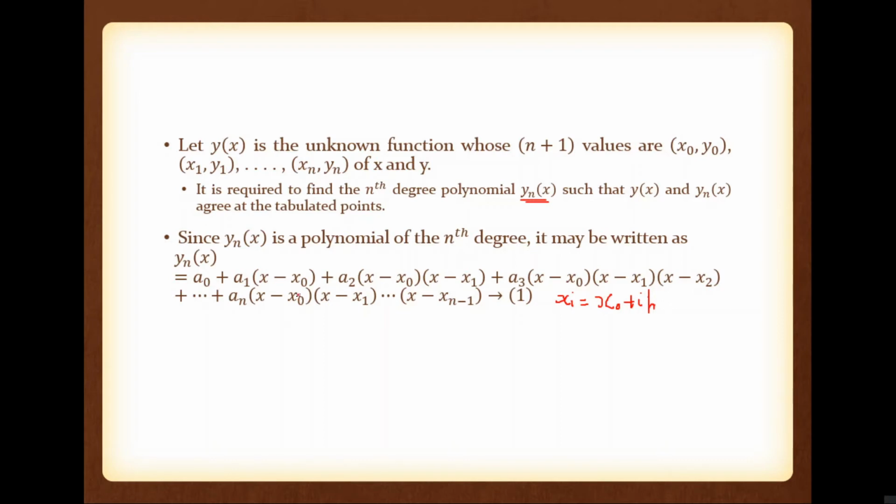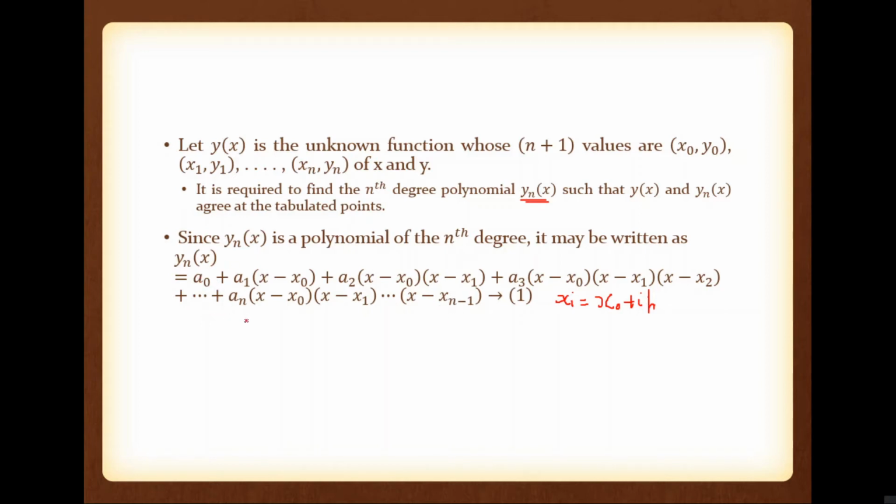So how many data are there? We have n data from x0 to xn minus 1. Please note, xn minus 1 is the nth data and xn is the n plus 1th data. We are interpolating, finding a polynomial with nth degree. Okay, so the largest degree that we need is this one. We don't want the next one with x minus xn. That is not required because we are finding an nth degree polynomial only.